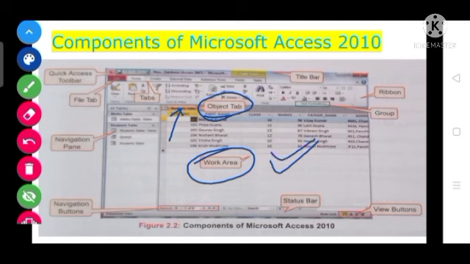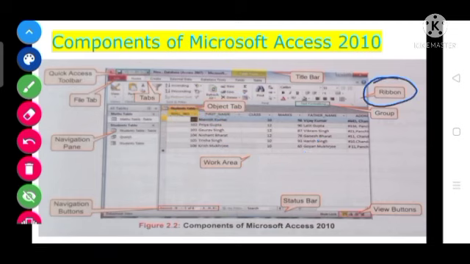Next is the ribbon. The ribbon is the place where different tools are given, so we can access those tools from there. Here a group is given. A group combines multiple types of tools. You can see the navigation bar.